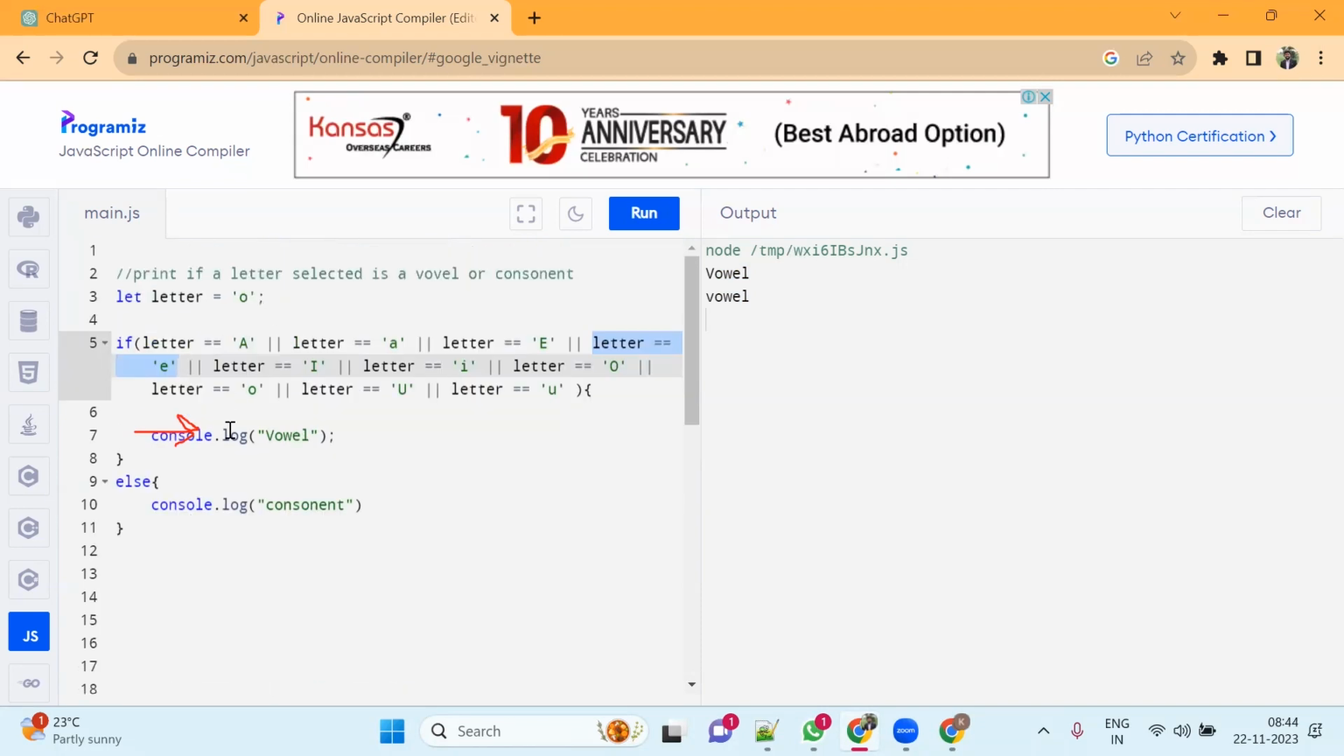If the letter is O, it will come here till here. Okay. Letter is O, then okay, it is true. Then it will print here. It will not go again here, because if any of the conditions is true, it is true only. So letter is O. It got true here only. Okay. OR means any condition. OR means if any of the conditions is true,